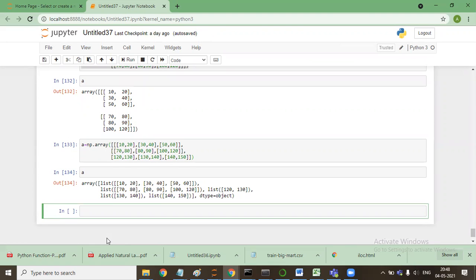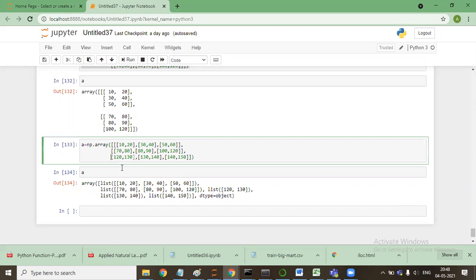So I made some mistake here, I guess. Sir, in 20, 30, you forgot to keep it under a square bracket, basically. Yeah, this bracket, and this will end as this bracket.